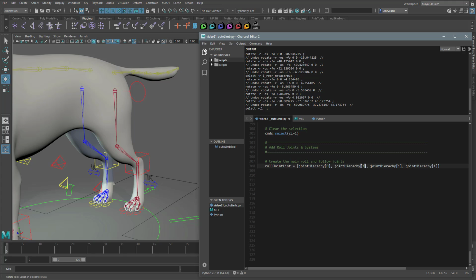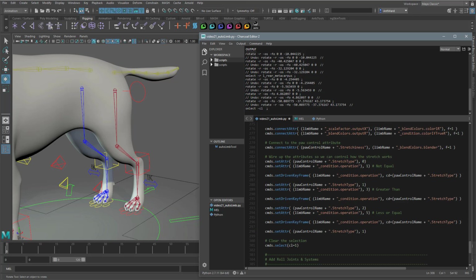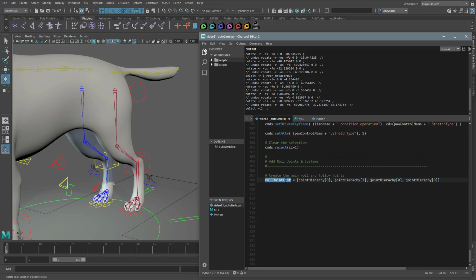With the last two in the list, we just want to reference the femur again, so set these to 0 too. So that's our list. Next we want to work through each of these joints one at a time, so let's